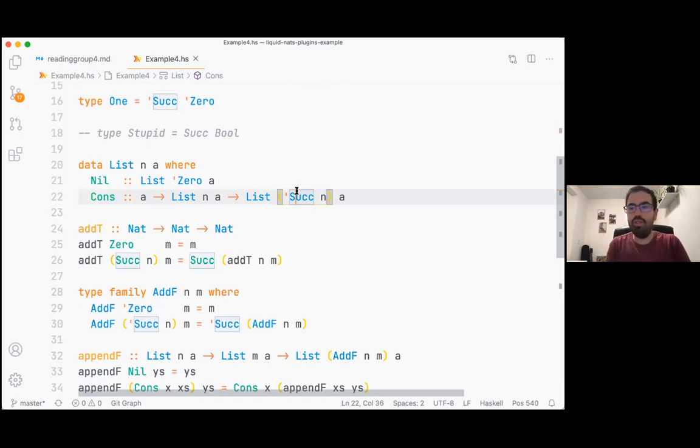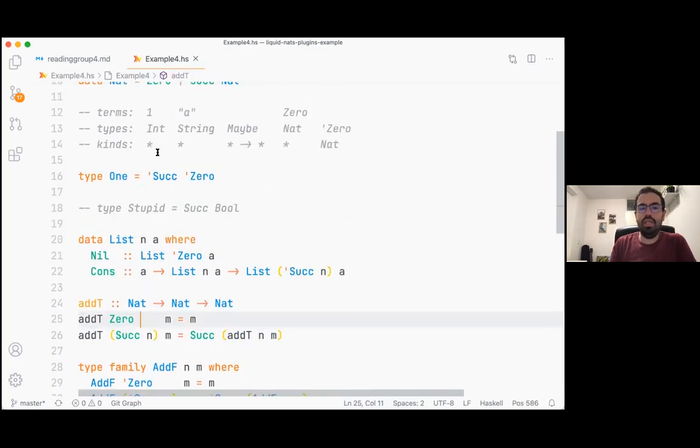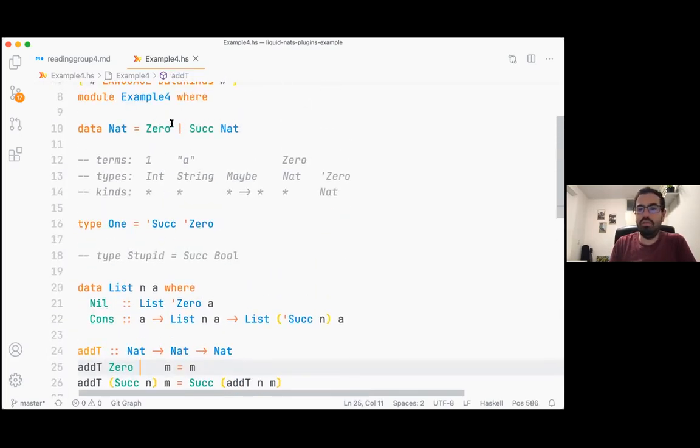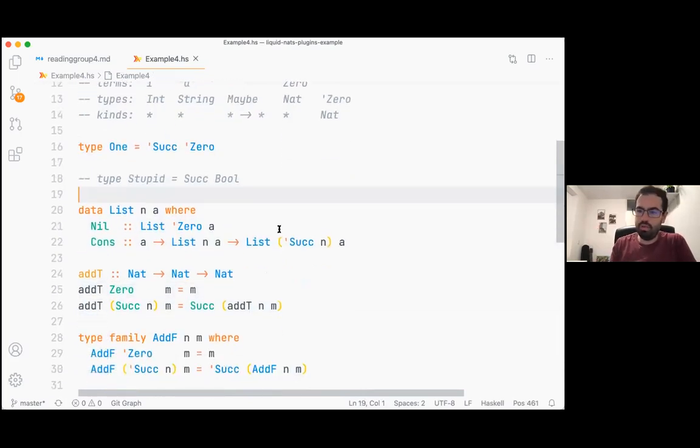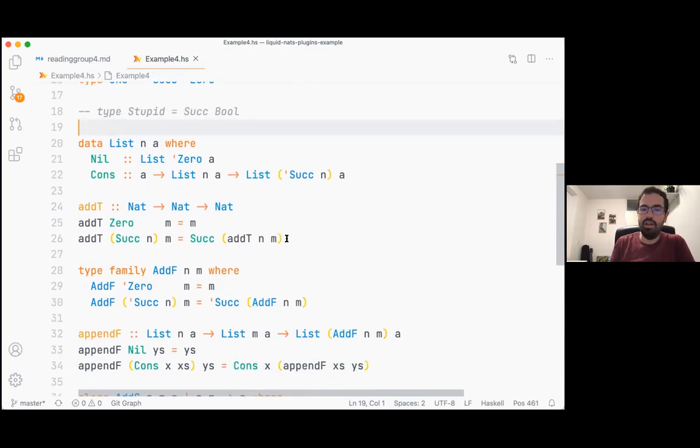Just to give you the whole picture, Haskell nowadays is able to promote these constructors with the tick, but you cannot promote the function. So even though those two things, this add t and this add f, are essentially the same, you need to